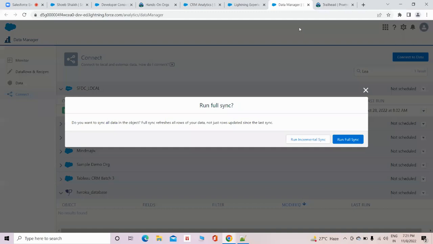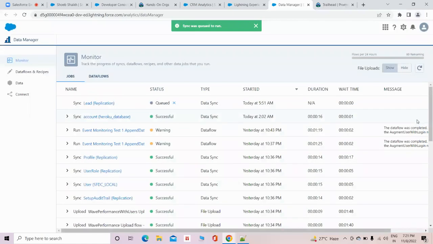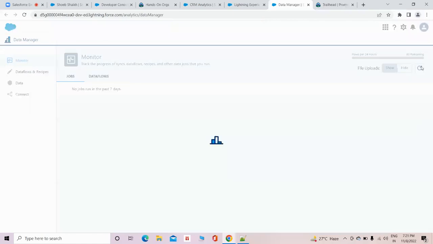So from yesterday till today, of course, because of the sync, all the records till yesterday were brought in over here. But from yesterday to today, in this time gap, some records got created. To bring those records, I can run the incremental sync. Okay. For now, let me run the full sync. Okay. So now once I run this full sync,